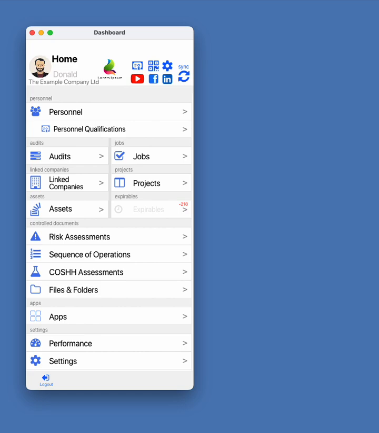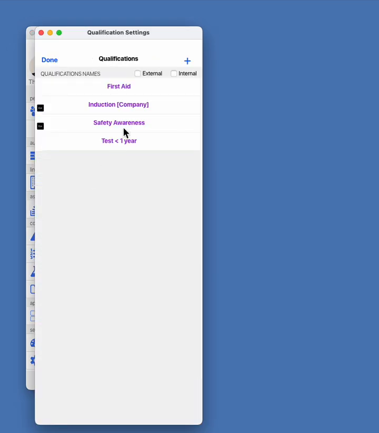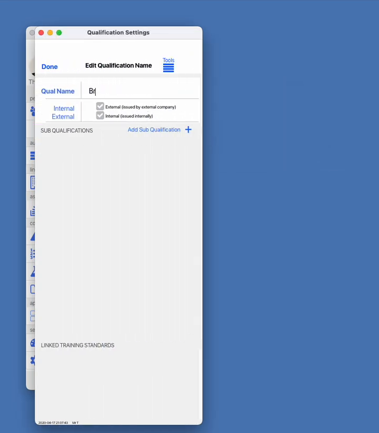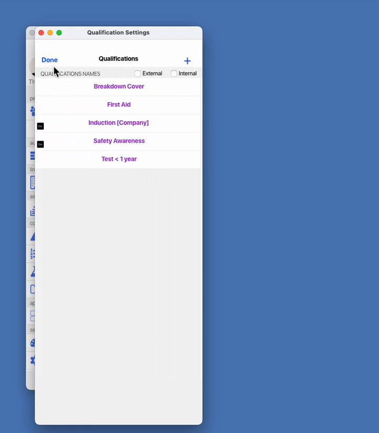For a small company, breakdown cover in the main is normally issued per person. So if we wanted to track it per person, then we would add it as a training certificate, and we'd come into the company settings, we'd come to qualification names, we'd add a qualification which we would call breakdown cover, and then a sub-qualification which we would probably call annual. We would then give it an expiry period of 365 days, aka a year,